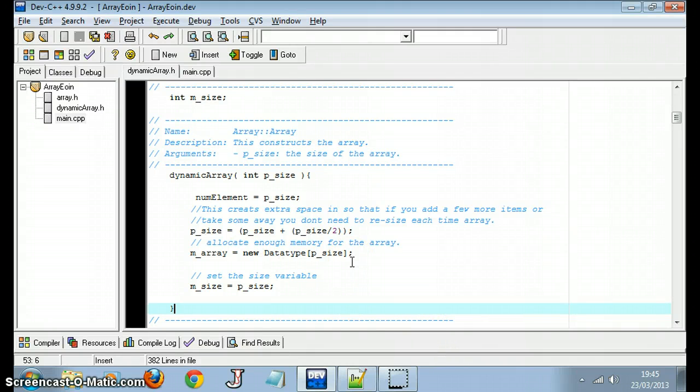I was asked to make an array header file with methods without using any pre-made array class or header file that's based in C++. The first thing I did was